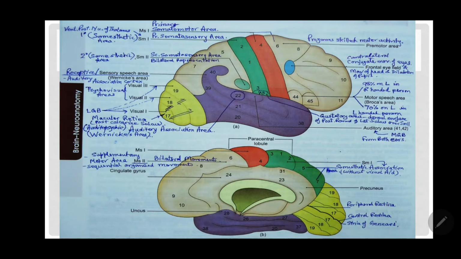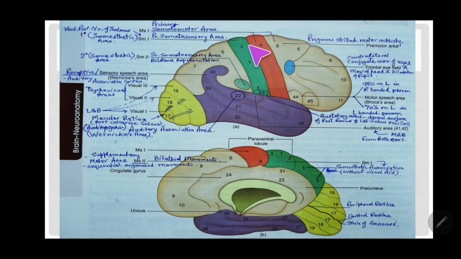Again remember MS1, MS2. MS1 was areas 4 and 6 on the supralateral surface, and MS1 on the medial surface was the portion of the precentral gyrus on the part of the paracentral lobule, and area number 6 on the medial surface was the supplementary motor area, and this was MS2. Now in the sensory area, the postcentral gyrus is referred to as SM1. SM1 means it has both types of cells, but predominantly the granular cells. Predominantly it is sensory in function. That's why it's written as SM1.